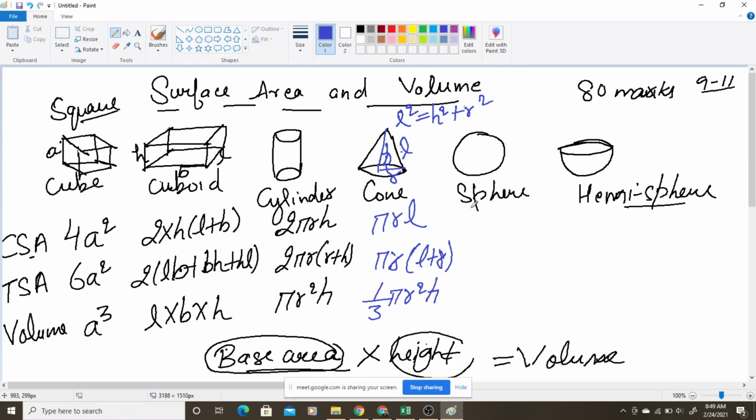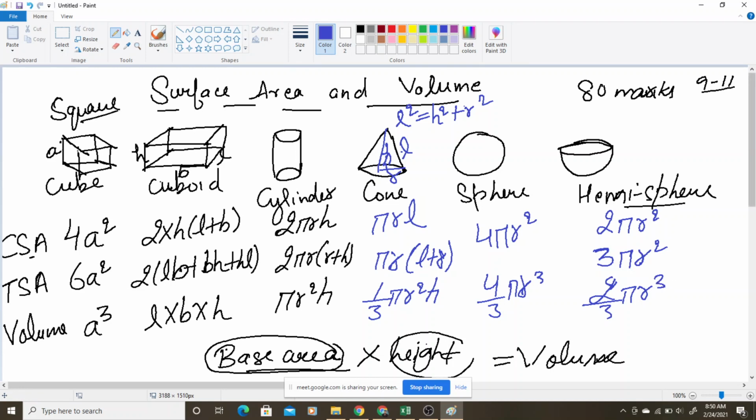Okay, then similarly for a sphere, sphere के लिए you know, for a sphere there is nothing like top and bottom we talk about. So just we talk about the surface area, that is 4 pi r square, and volume is 4 upon 3 pi r cube. Okay, now for a hemisphere the CSA is what? 2 pi r square, TSA is what? 3 pi r square, because we include one more circle, that is the top. Okay, and 2 upon 3 pi r cube is the volume. These things we have already discussed. ये हम कर चुके हैं पहले भी.